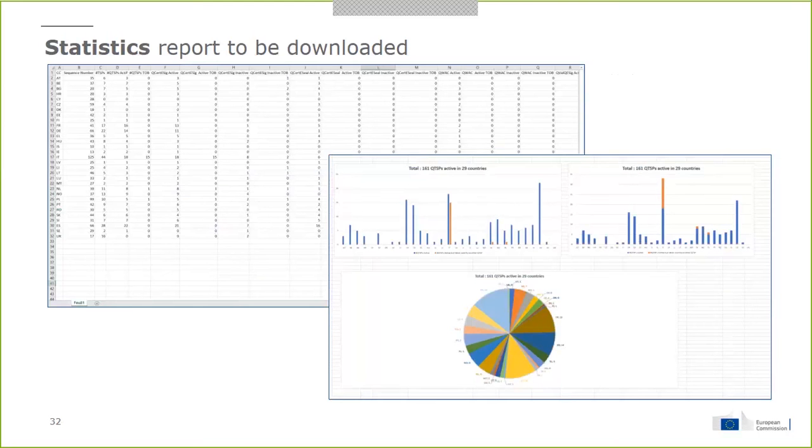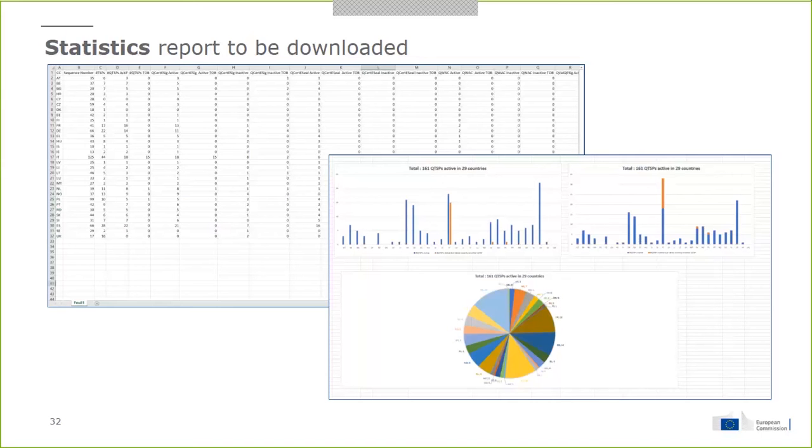What we mean by active is currently ongoing, meaning that they are either granted or recognized at national level. So if you have active and you know that the TSP is qualified or not, you can easily make the distinction. So you download the raw figures in CSV file, and then you can play with it.